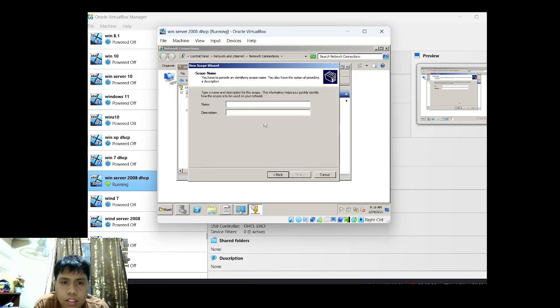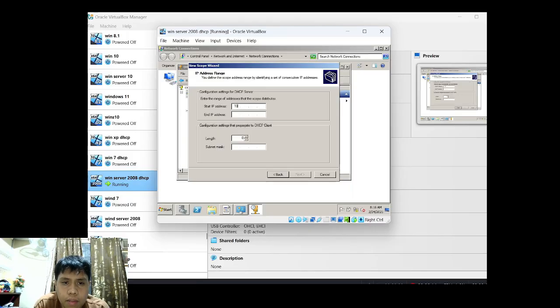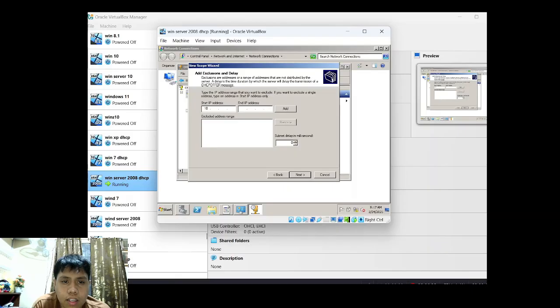new scope, next, then the name, class A, then set the IP address 10.0.0.1 to 10.0.0.254. Then here is 255.255.255.0. Then next, then start IP address 10.0.0.1, then 10.0.0.10, then add, and again 10.0.0.245, then 10.0.0.254, then add again, then next,